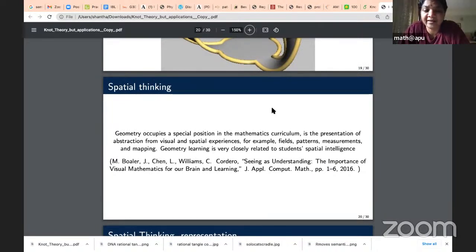spatial reasoning. This is a quote from Bowler's Seeing as Understanding. It says, geometry occupies a special position in the mathematics curriculum. It is a presentation of abstraction from visual and spatial experiences. For example, fields, patterns, measurements, and mapping. Geometry learning is very closely related to students' spatial intelligence. Okay. So as teachers of maths at the undergraduate and school level, all of us understand